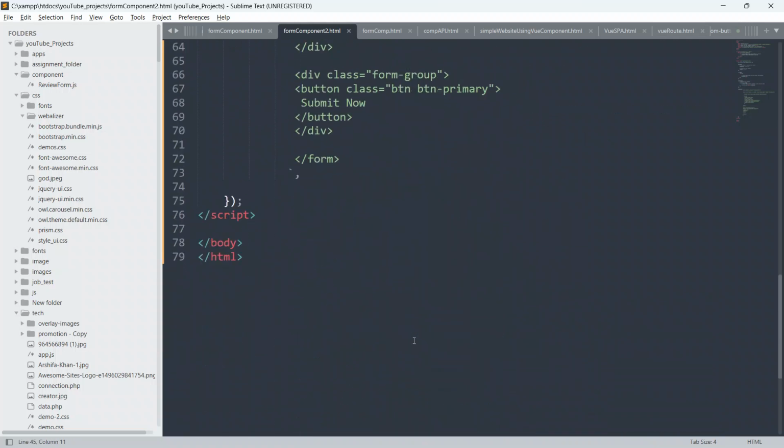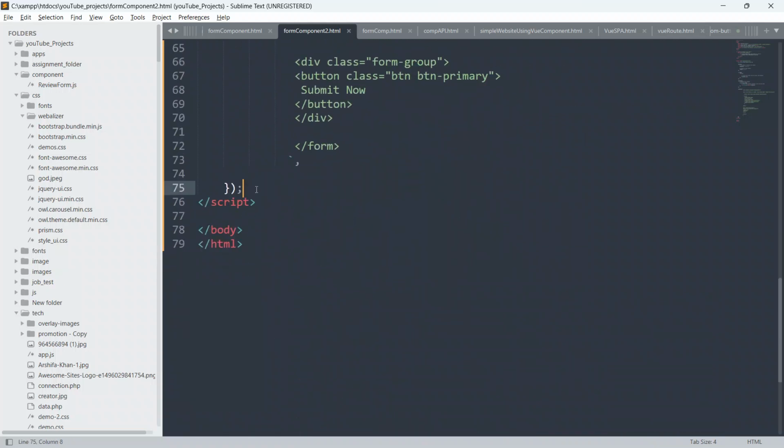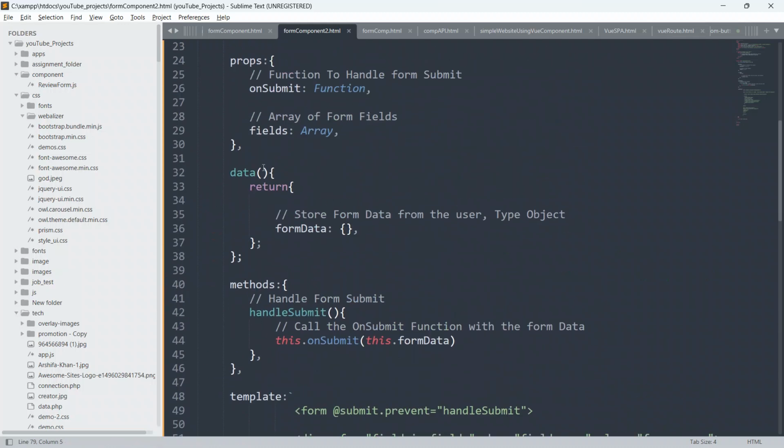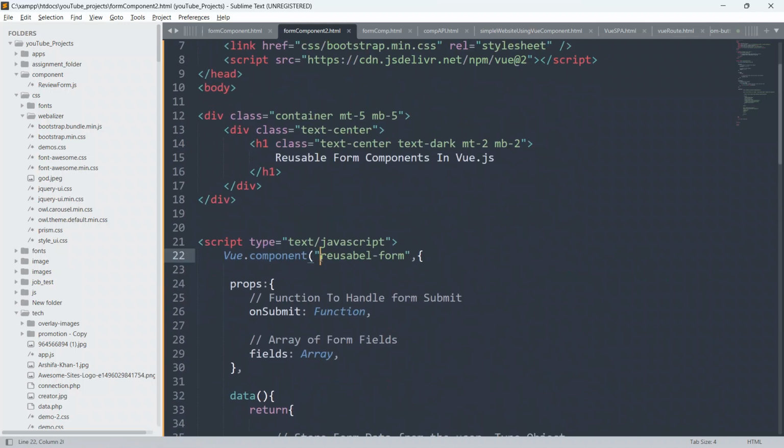Okay, so now I'm gonna create another component which will be the parent component. Okay, so I will just give the comment here, my form component. And here we also have to use the same function which we have used to create this reusable form component.